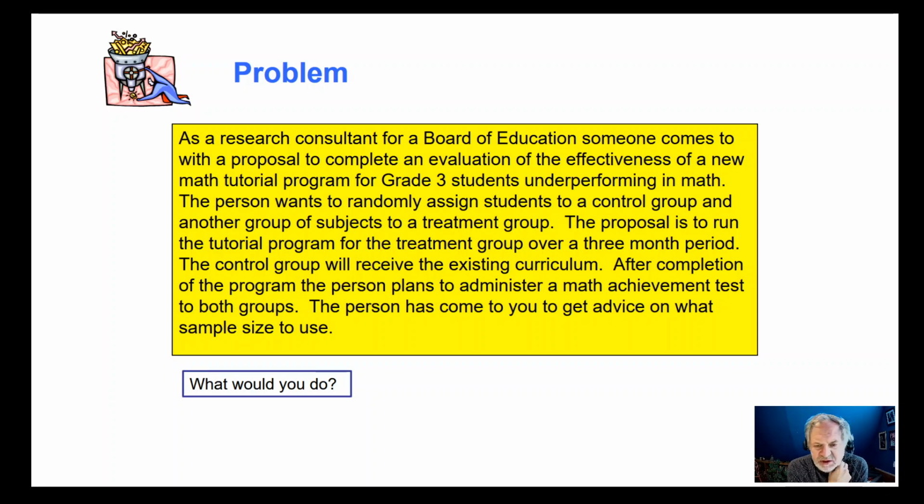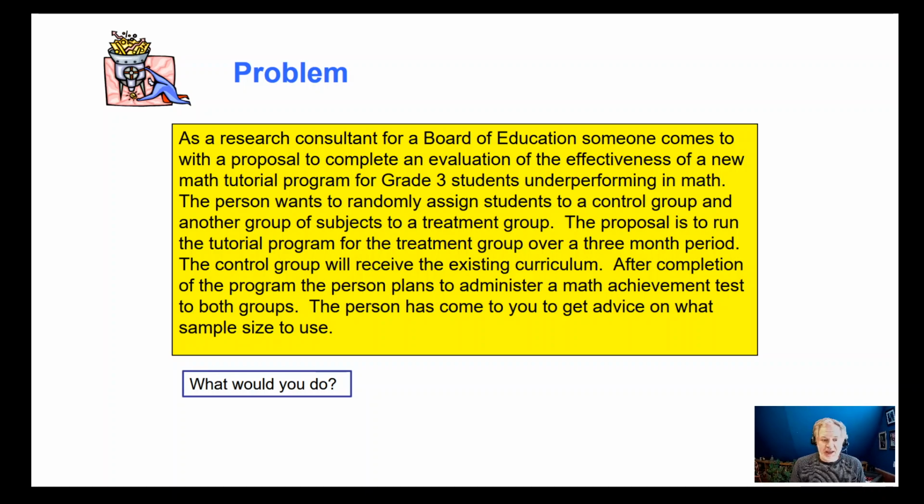The control group just gets the standard curriculum, and the treatment group gets the new training program for 3 months. And at the end of 3 months, you assess if there's a difference between the control and the treatment group. This is the type of thing you'll have to do if you're working in program evaluation in your career. The person has come to you to get advice on what sample size to use. What would you do? Well, you can pause and think about it for a bit, but one thing you'll need